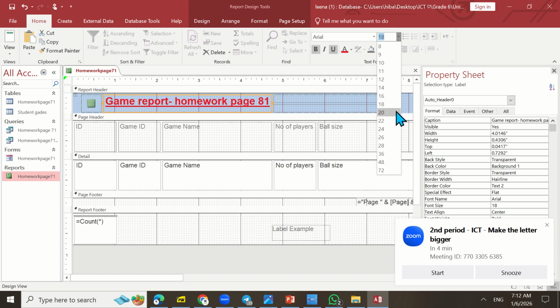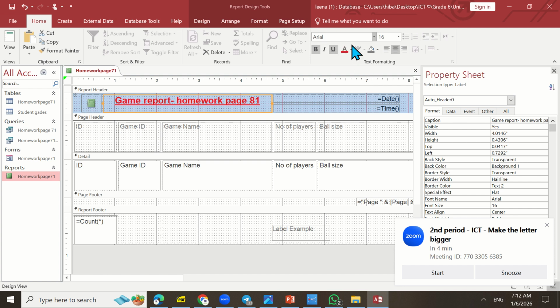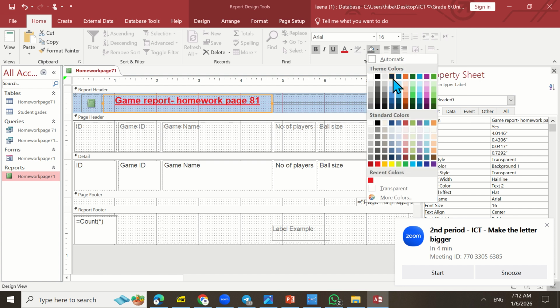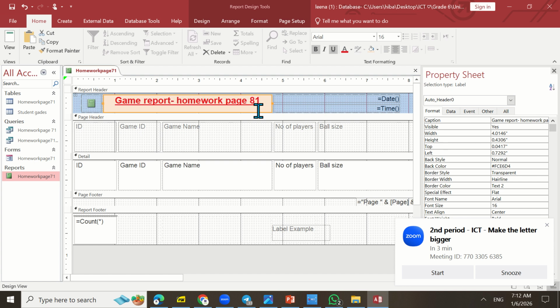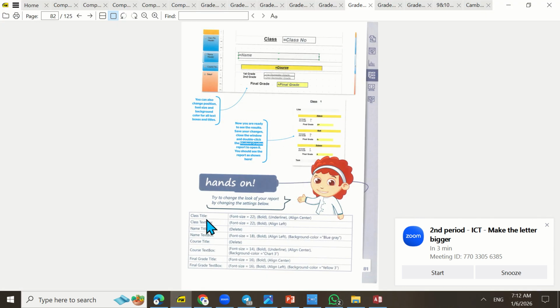font size, font color, and these are shading, background color. Like I add a background. This is very nice when I background it. So that's it. And in the homework page 81, they ask you to